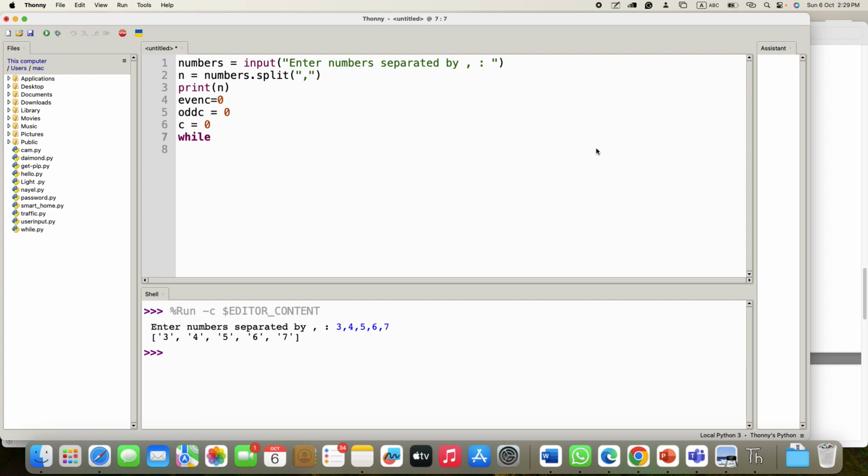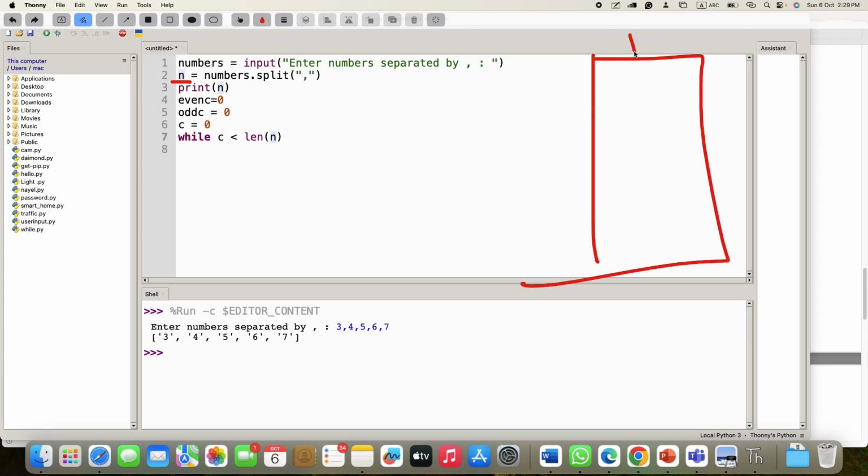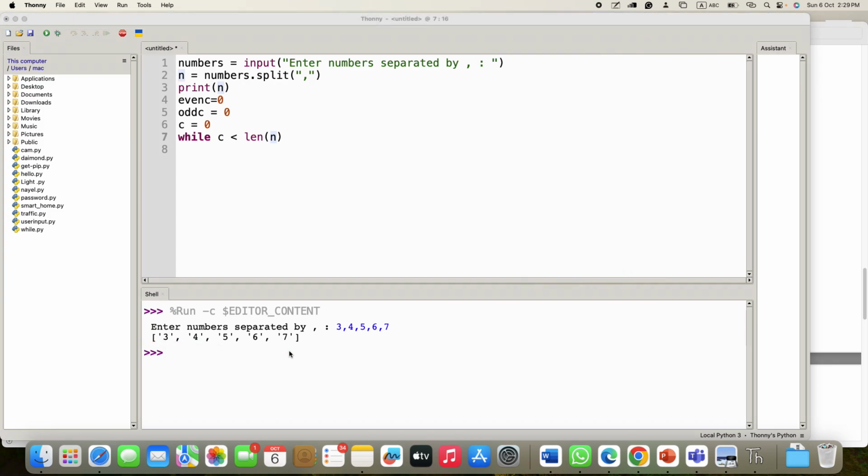So I say while C is less than len, length of what? Length of n. Because I want the length of this, because that's what is created, isn't it? This is n, my friend. So I want the length of this. So while C is less than length of n,